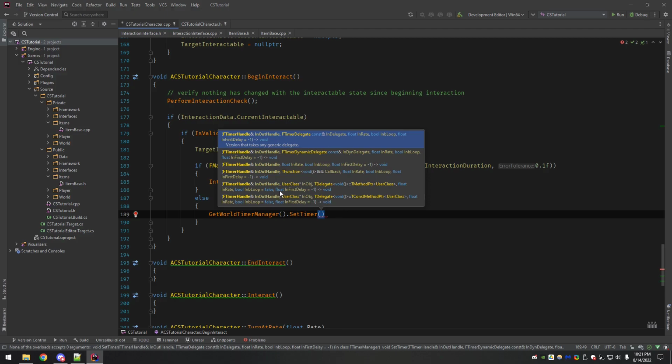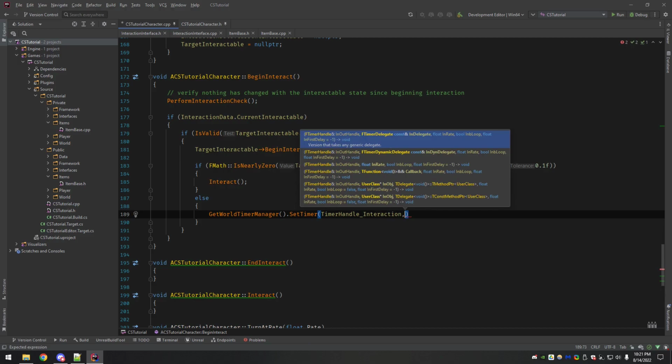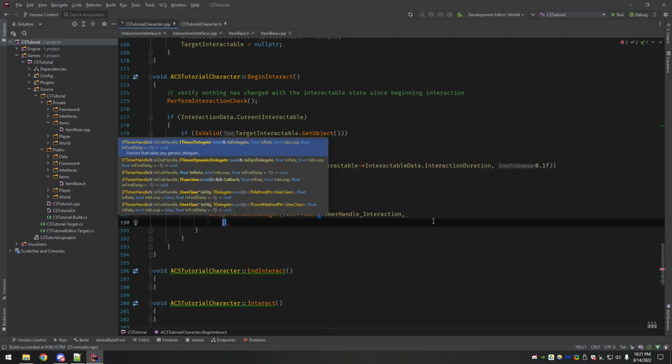And then the last one is a Boolean here for whether or not you want it to loop. All right, so we're going to pass in timer handle interaction. Now there's a bunch of arguments on this, so I'm going to indent to the next line. If you're not familiar, C++ is fine with line breaks, especially with function arguments.